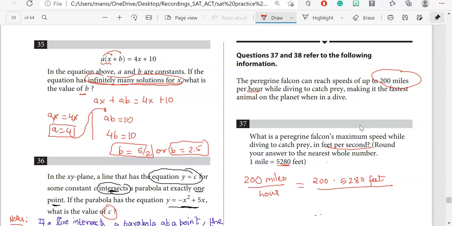And in the denominator it says 1 hour, and we have to change it to seconds. In 1 hour there are 60 minutes, and in 1 minute there are 60 seconds. So I will need all this information, and this changes to seconds. So in 1 hour, how many seconds are there? 3,600 seconds. You can type this in your calculator, and the final answer is 293 feet per second. That was the answer for this question.